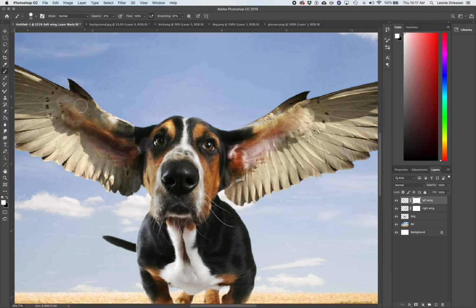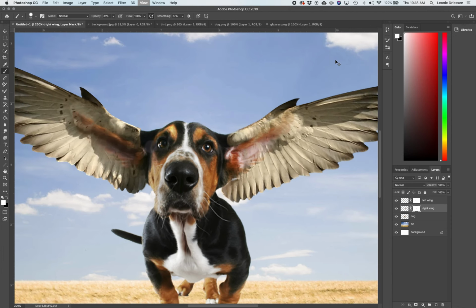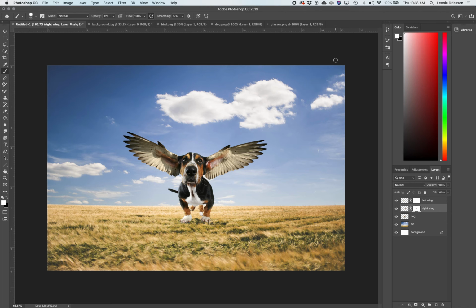You can paint it by moving around, and if you double click a couple times, the image becomes more visible. And the same thing with the other wing. Make sure to click on the mask, not the layer. Okay, something like this. Let me zoom out. This is our flying dog. Okay,